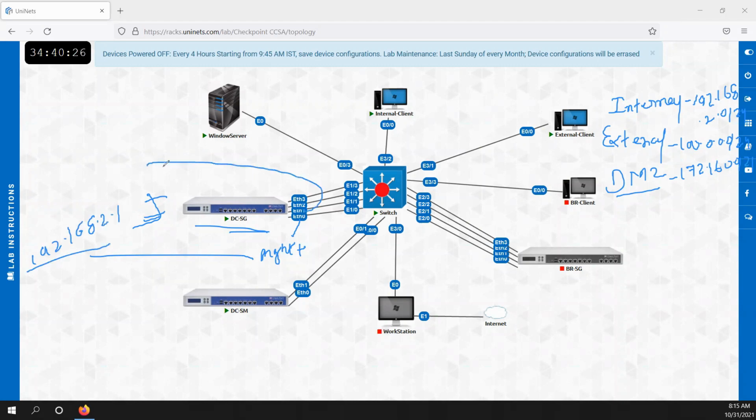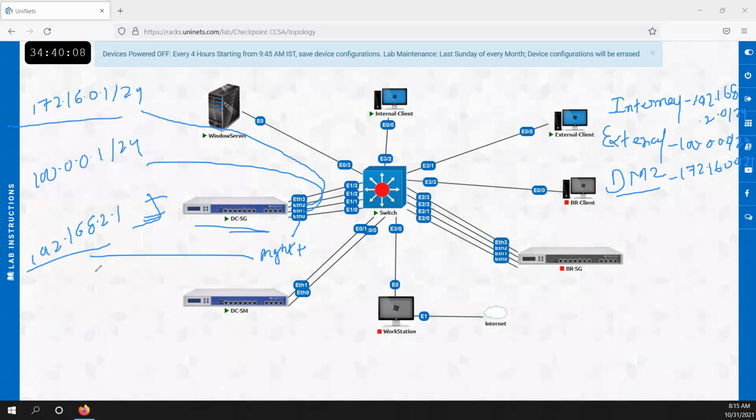For external, I would use 100.0.0.1/24. And for this one, the DMZ, I would use 172.16.0.1/24. So the first IP from that particular subnet I would use on the firewall side.